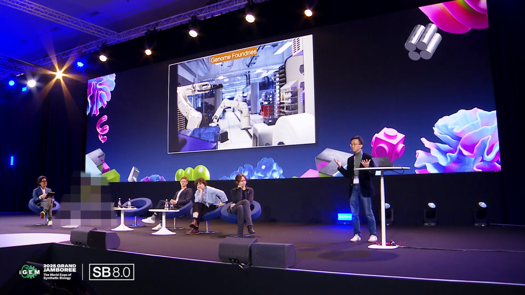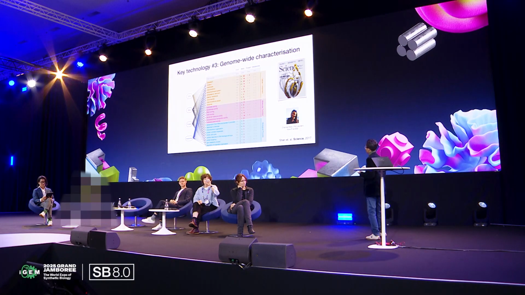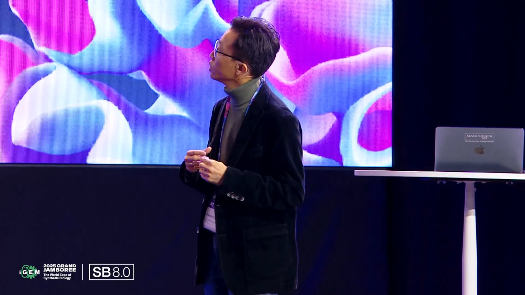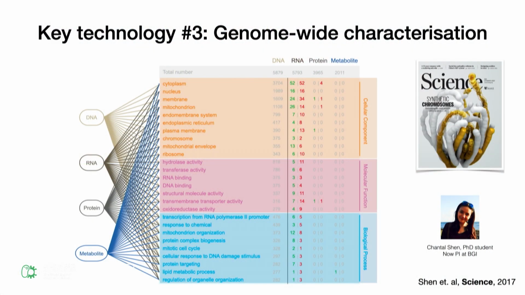So this should really be a manufacturing problem. So I and others were thinking about using the automation or the genome foundry to automate some of the DNA assembly process. And finally, we are going to measure the phenotype, but in a multi-dimensional manner, right? So we really developed technology to look at DNA, RNA, protein, metabolite genome-wide. So this allows us to pinpoint any dysregulation due to design. So I hope you believe me, we now really have the technology to design, manufacture, and characterize synthetic genome at